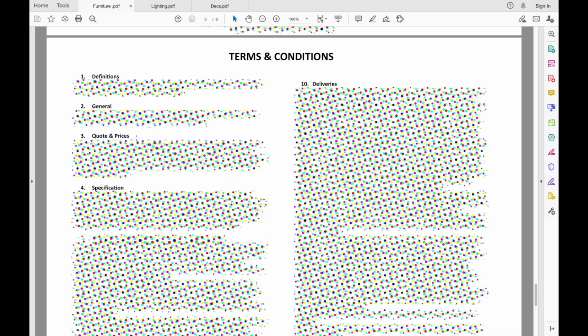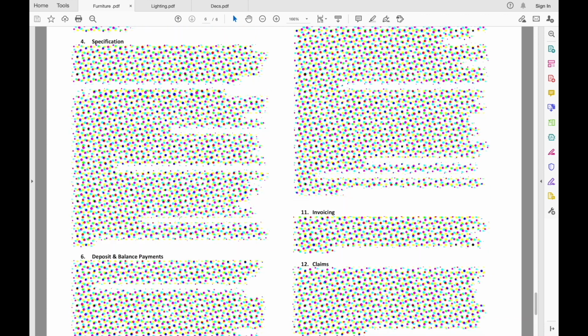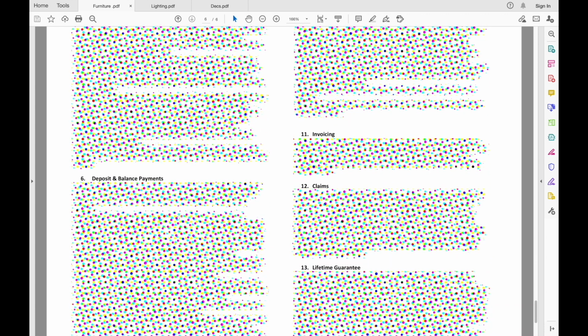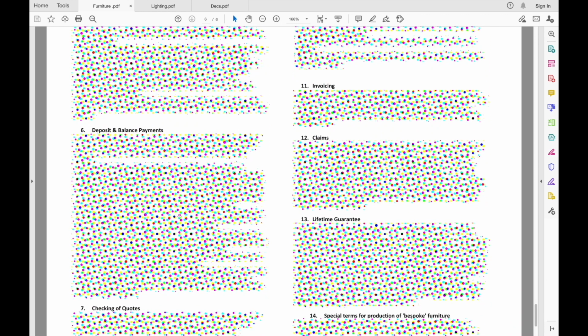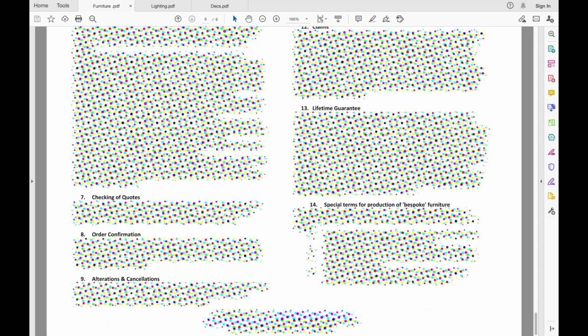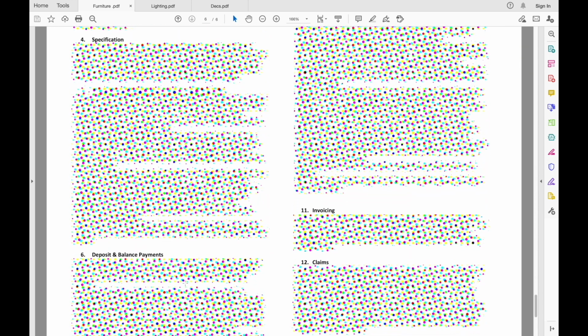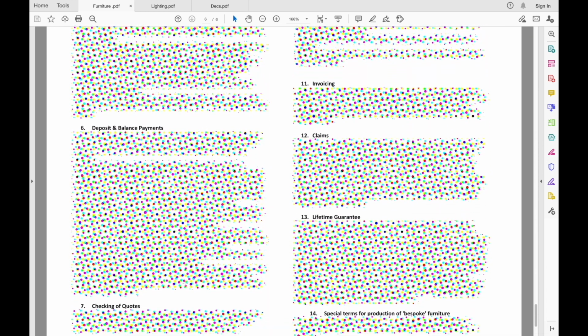So this would be how long the quote is valid for. Specification, any kind of detail around the specification, just really people covering their backs, which is absolutely fine. I would expect every company to cover their backs. Deposit and balance payments, checking of quotes, order confirmation, alterations and cancellations, and deliveries, invoicing, claims, lifetime guarantee, special terms